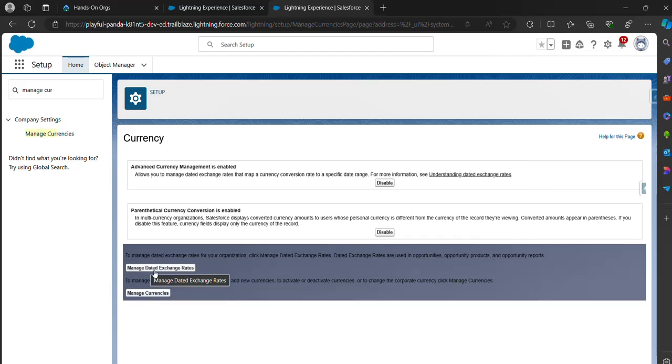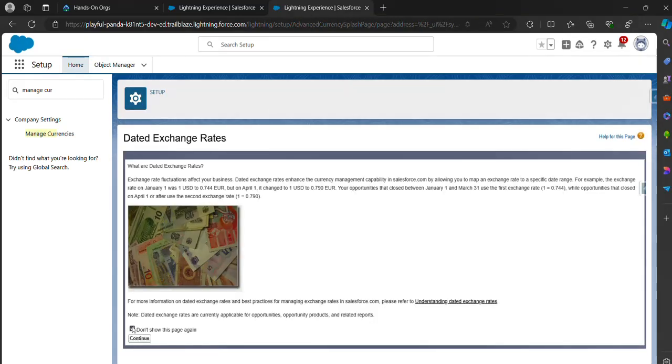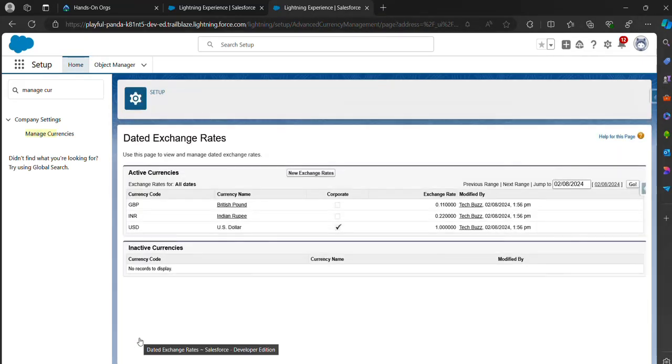And manage dated exchange rate is the conversion rate that starts from a specific date. If you want to create more dated exchange rates, you need to go here and manually create them. But today in this session I will show you how you can automate it.